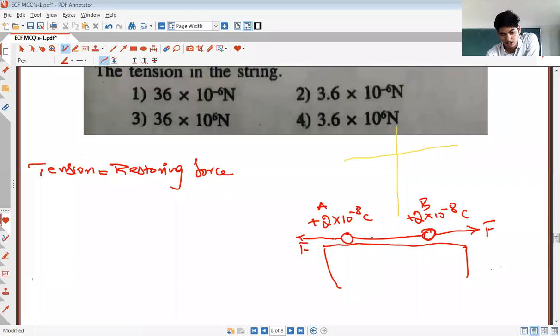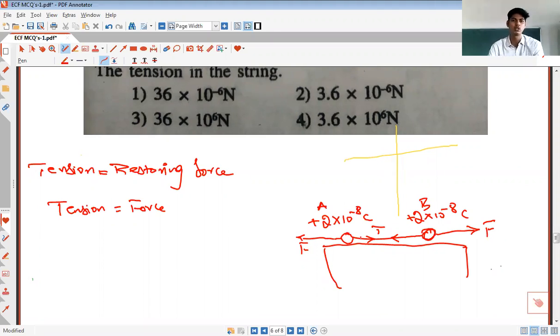ಈ ರೀತಿ tension develop ಆಗಿರ್ತದೆ string ಒಳಗೆ. And the tension in the string will be equal to the force. ಈ force ಎಷ್ಟದಲ್ಲ ಈ tension ಕೂಡ ಅಷ್ಟೇ ಇರ್ತದೆ. They will be in opposite direction. So when you are asked to calculate tension in the string, you just calculate the force between the two charged particles. ಆ ಎರಡು charged particles ಮಧ್ಯೆ ಎಷ್ಟು force ಅದು find out ಮಾಡ್ಬಿಡ್ರಿ. The tension in the string will be exactly equal to the force between the two charged particles.